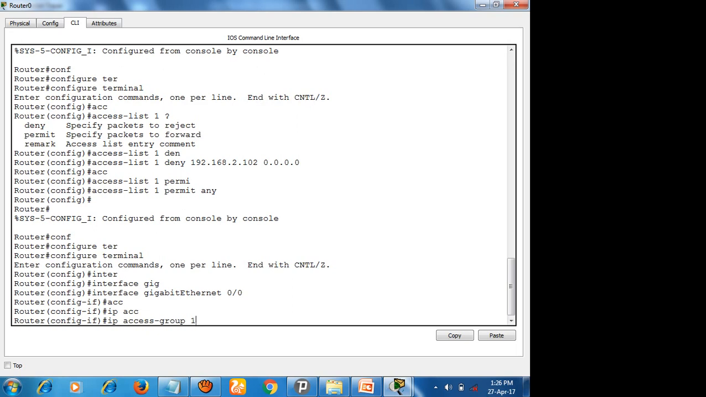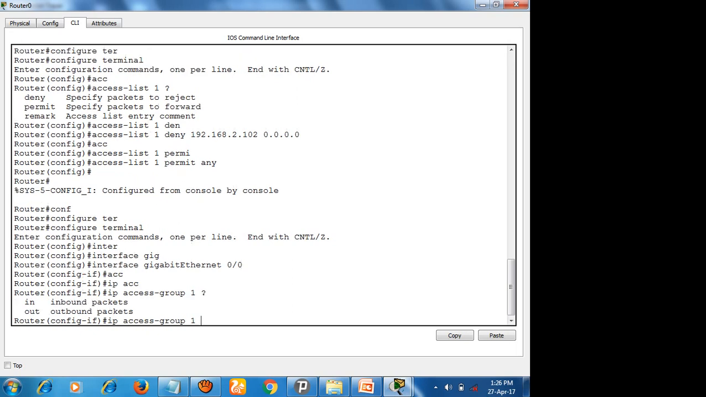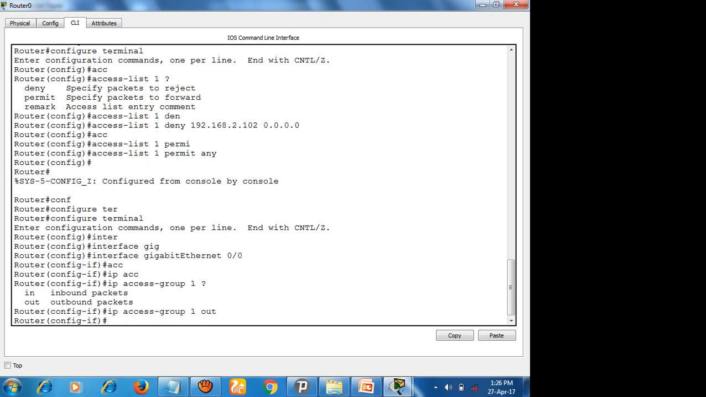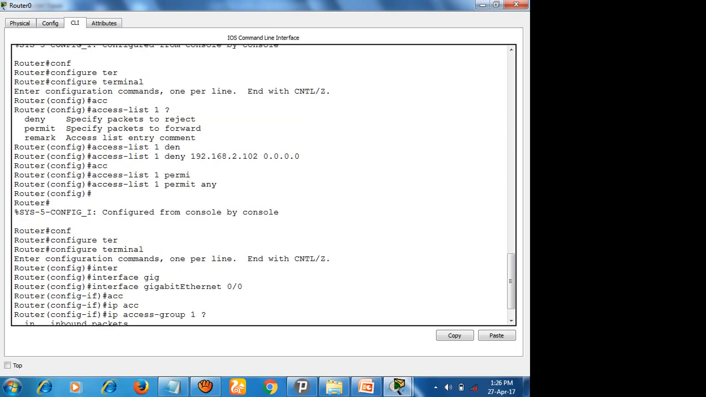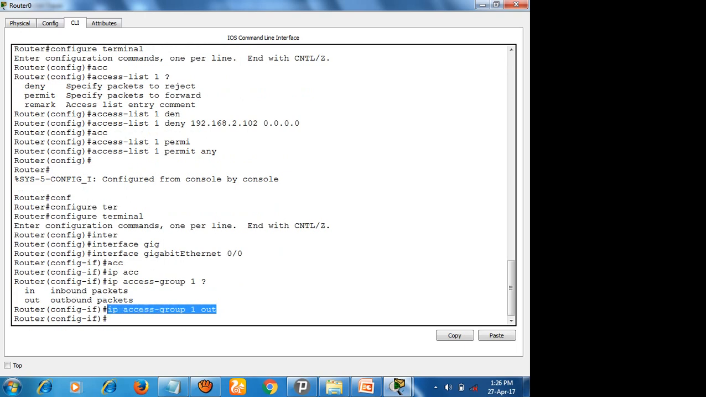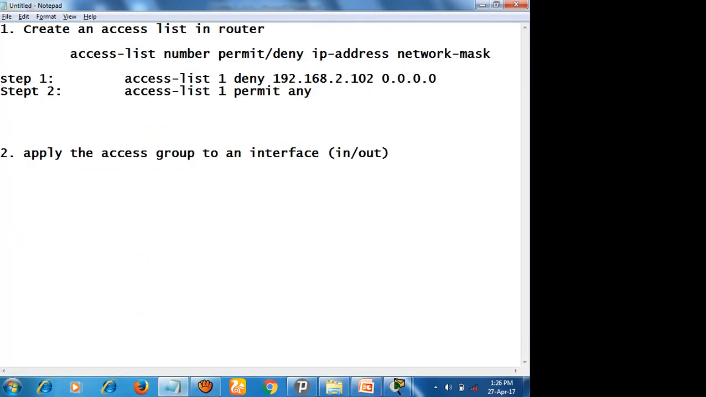So access group 1, and you need to specify whether it is an inbound or an outbound packet. In our case I'm going with the outbound interface, so after routing I want to block it, right? So that's it: IP access group 1 out. That's it, finish. This is an example, IP access group 1 out, right? So this is step 3,